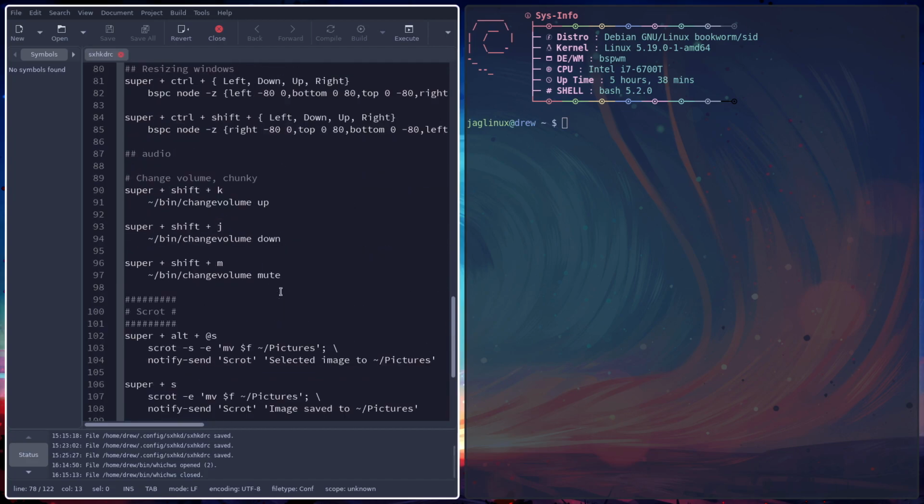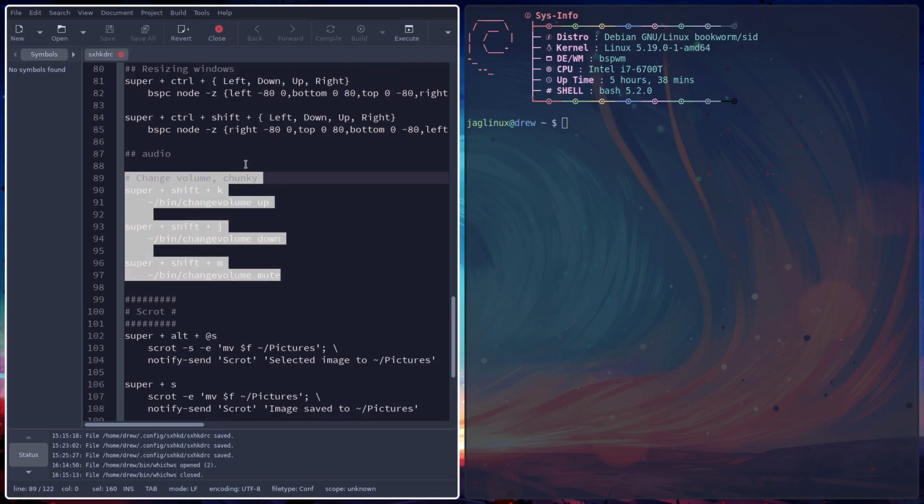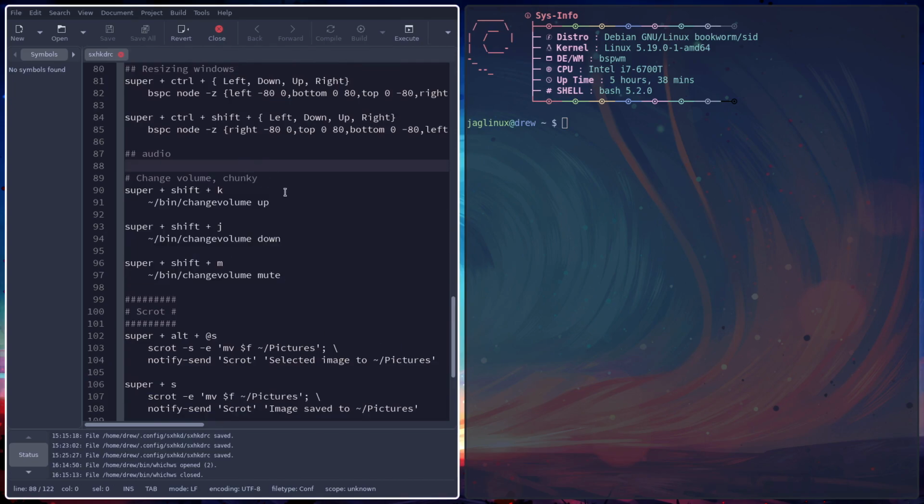Okay. So I did want a way to give me feedback for changing volume or putting mute in. So I added a super, and again, I cannot take credit for this change volume up or down. I'm going to go and find out where I got this and give credit where credit is due. Okay. Super and shift K. So super shift K. And notice it shows up